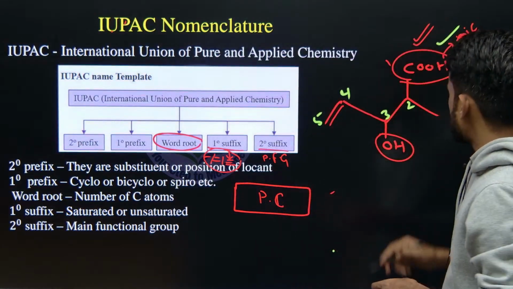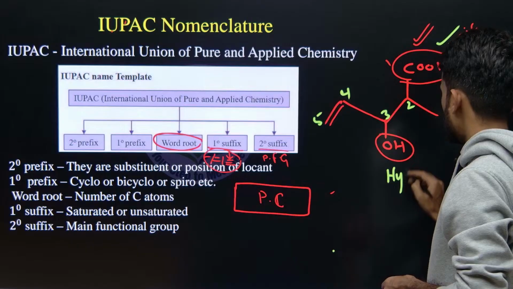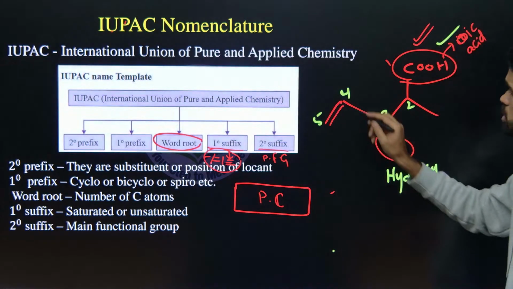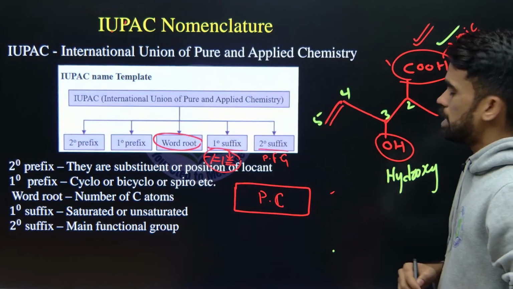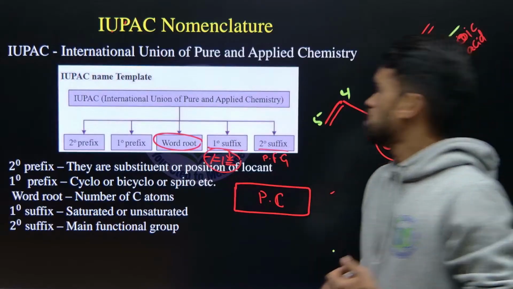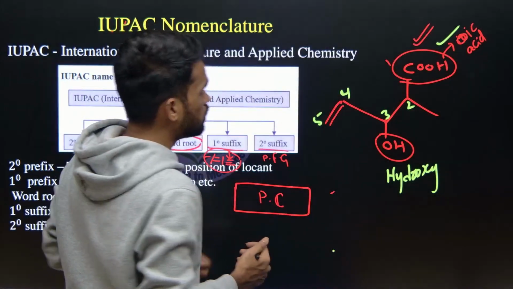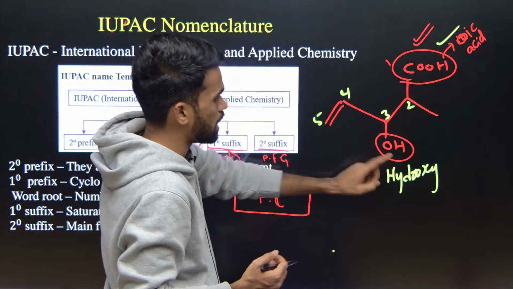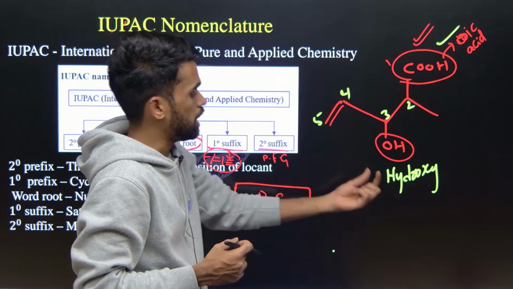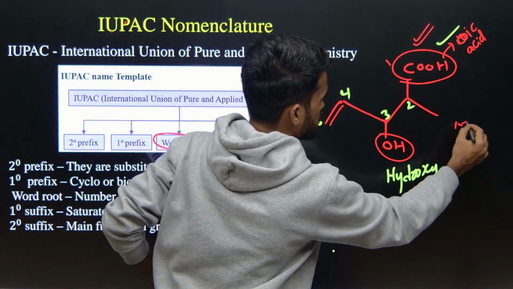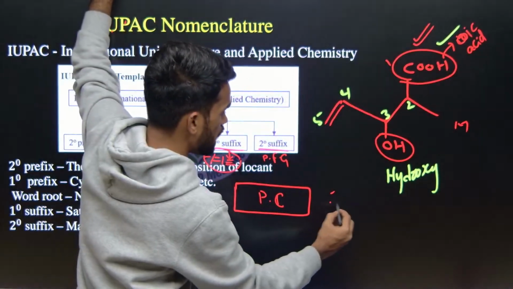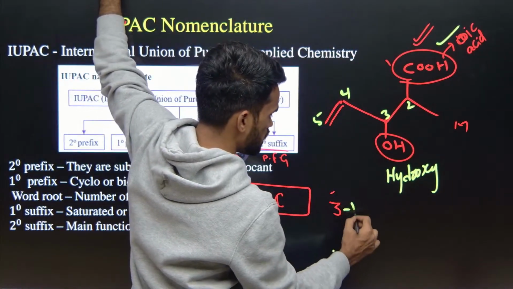So what is the prefix here? Hydroxy, for alcohol. And here we have methyl. If you see at the 4th and 5th position, we have a double bond, that is an alkene, so the name should include ene. The total number of carbons is 5, having one methyl substituent and one hydroxy. Now which comes first in alphabetical order, H or M? H comes first. So you can write 3-hydroxy,